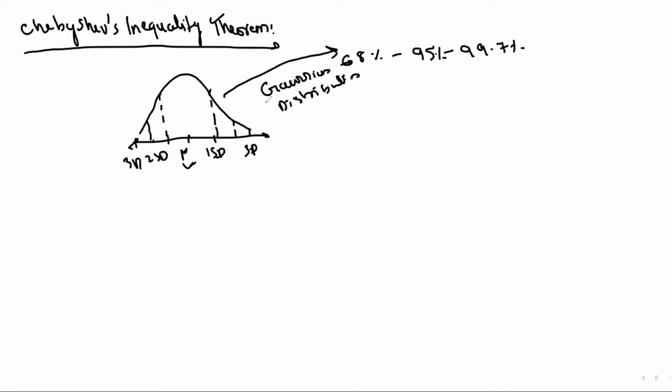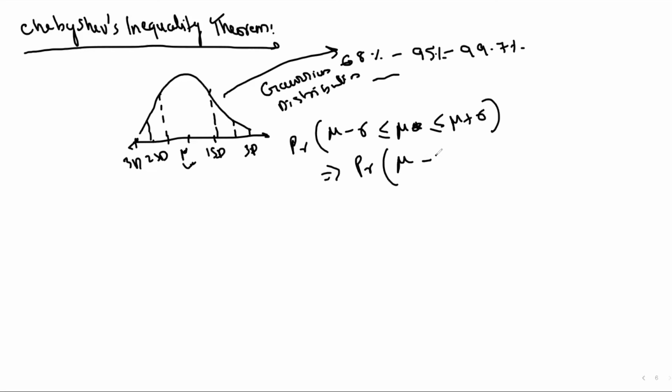Okay, so now let's say most of the time the distribution of the sample, a random variable, may not follow this Gaussian distribution. So what will be the empirical formula for this? It is defined by Chebyshev's inequality theorem. I don't know whether I'm pronouncing it correctly, but so far as I know, it's Chebyshev's inequality theorem. What it says is the proportion of the area that lies between its mean and standard deviation